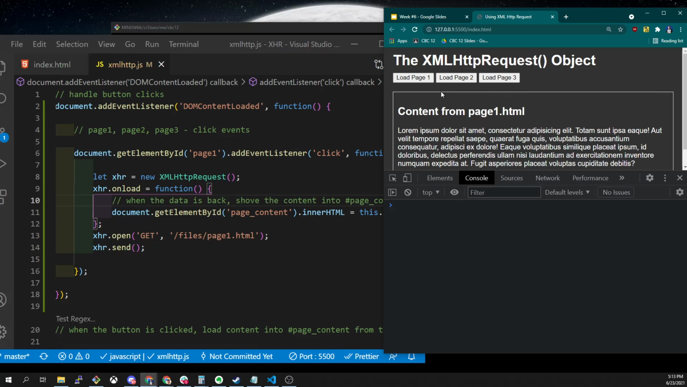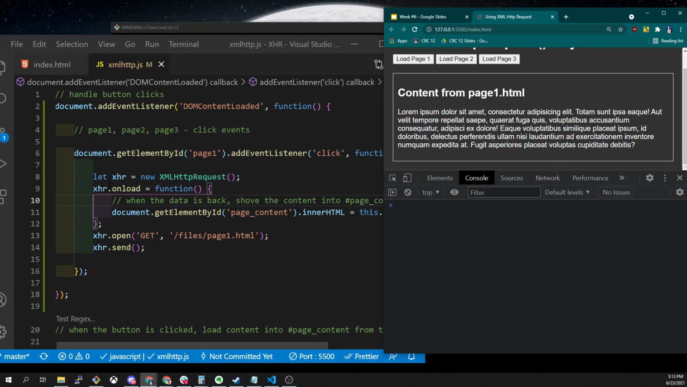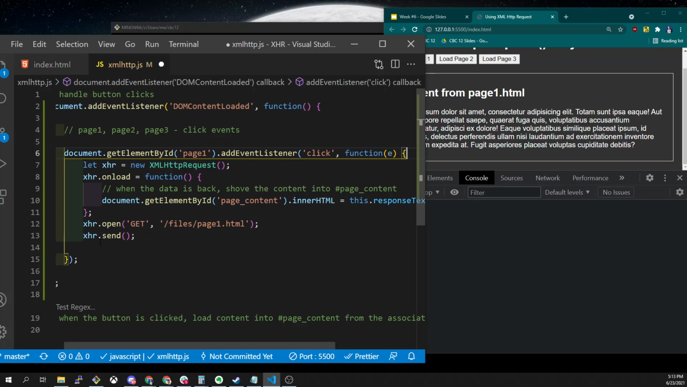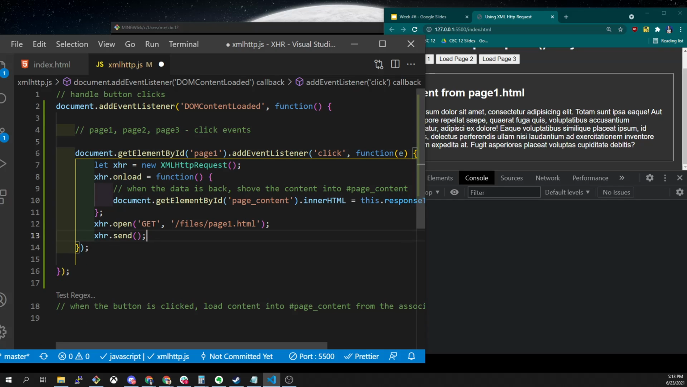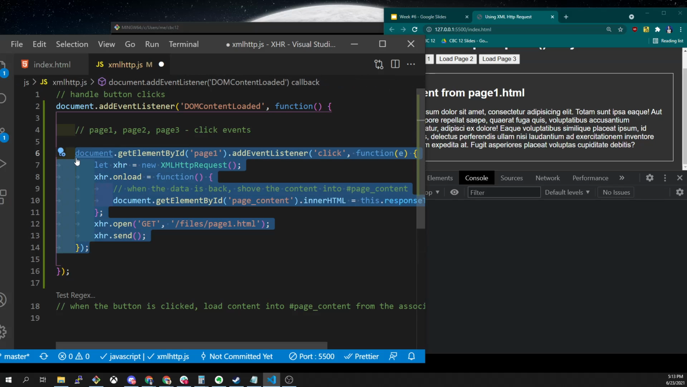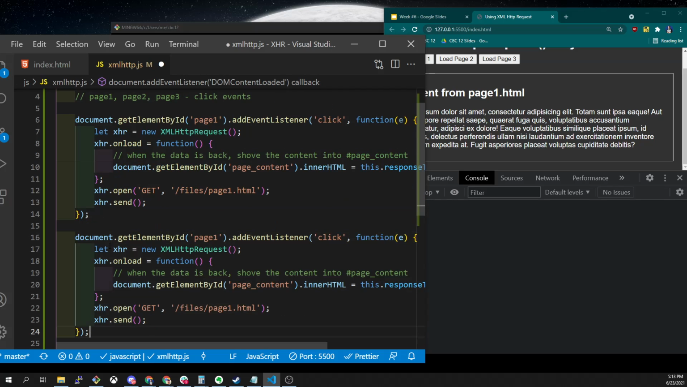And now if we click page one, oh cool, it worked. So now we have something that works. This works on the single button. So my next step is, okay, this is pretty good. Let's go here and make page 2 and page 3. So it's just as simple as this. And then we just need to change the URLs that we're opening,